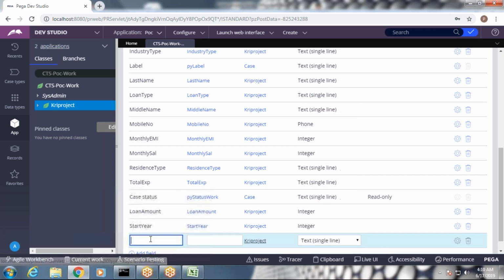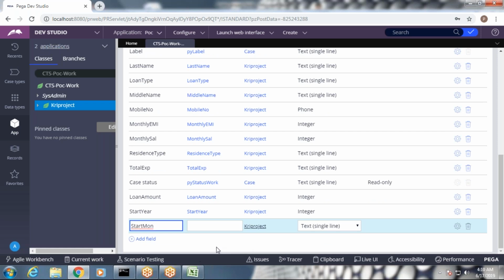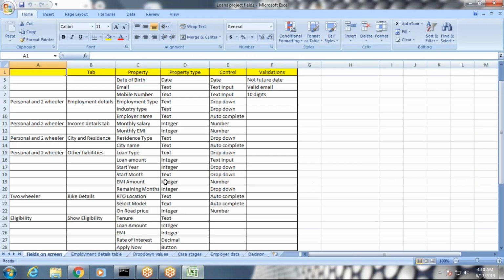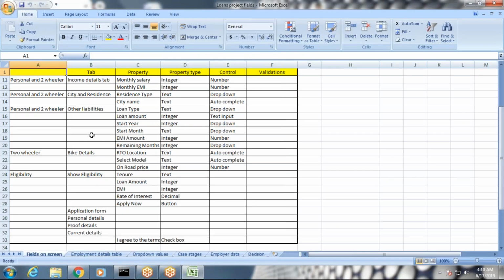Next, start month, text. EMI amount, EMI amount, remaining months.